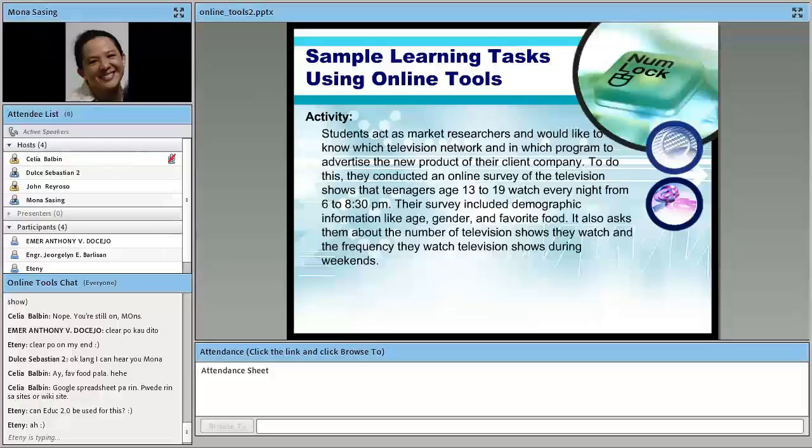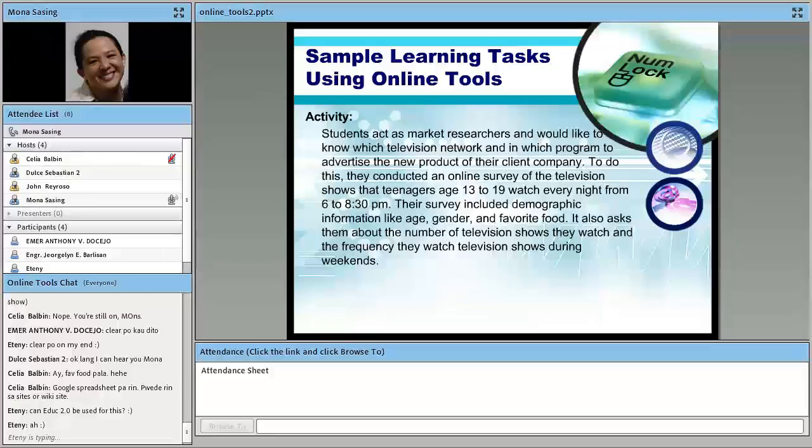Okay, so one of you said that you can make use of this one. You can make use of Google Form, okay? So when you conduct your survey online, you can make use of Google Form, or SurveyMonkey. What else? What other tools can you use? When you do an online survey, you have to inform people about the survey. How are you going to disseminate that information?